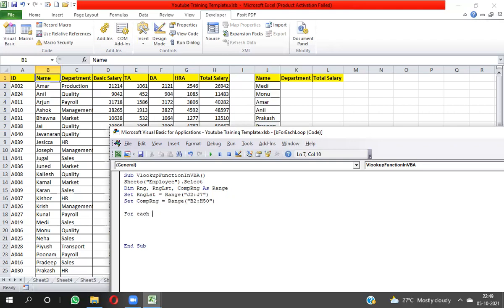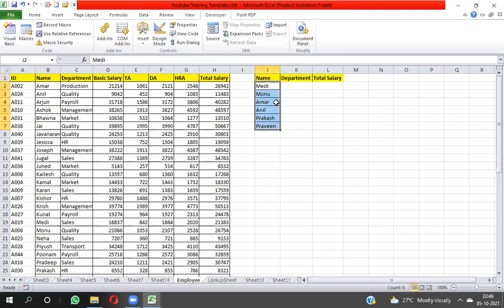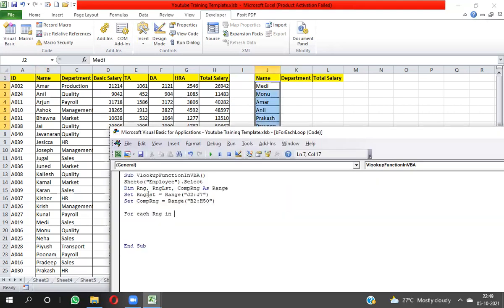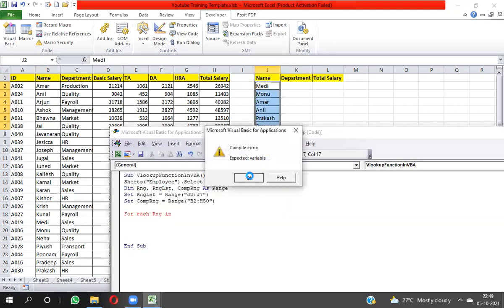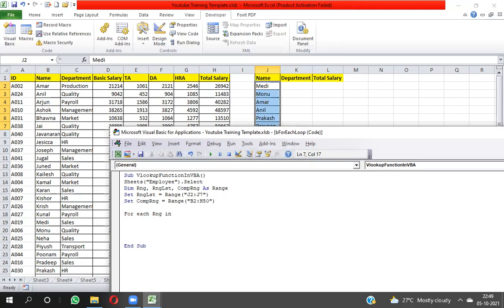Then I have to apply For Each. Here I have to use the RNG variable, where I will get the lookup value one by one, In the range. You have to pick the lookup value from this range, which is stored in RNG LST. So you need to write RNG LST here.